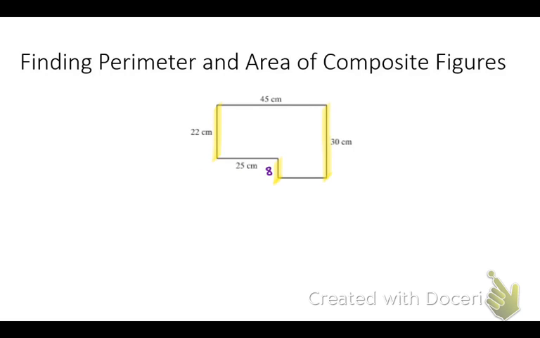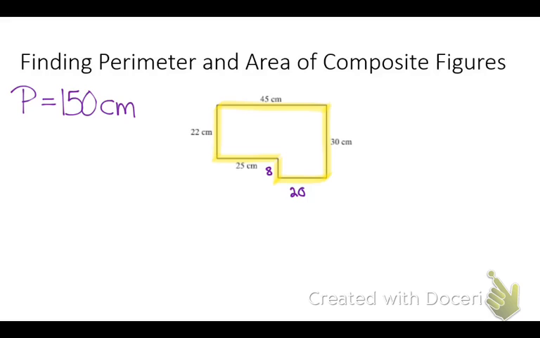That's exactly what's happening on the top as well. If I know the top is 45, and then this one is 25, what does the other one have to be? It has to be 20. Again, I chose this one for a reason. You will have to do a little bit of this on the test. Do you feel like now that you've seen it, you can piece it together? So when you add them all together, 30 plus 30 total, plus 45 plus 45, what do we get? You get 150. So P equals 150